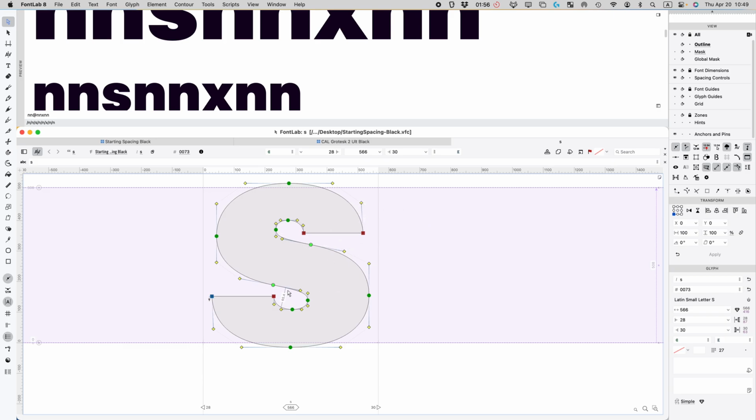And actually, I'm going to condense it a little bit. So what I'm going to do is use my delta filter. I'm going to set this side to solid to keep that stroke equal, and then I'm going to move this over by, like, we condensed the O by 10, so I'm going to move this over by something like 6. Okay, then I'm going to apply the filter, and now